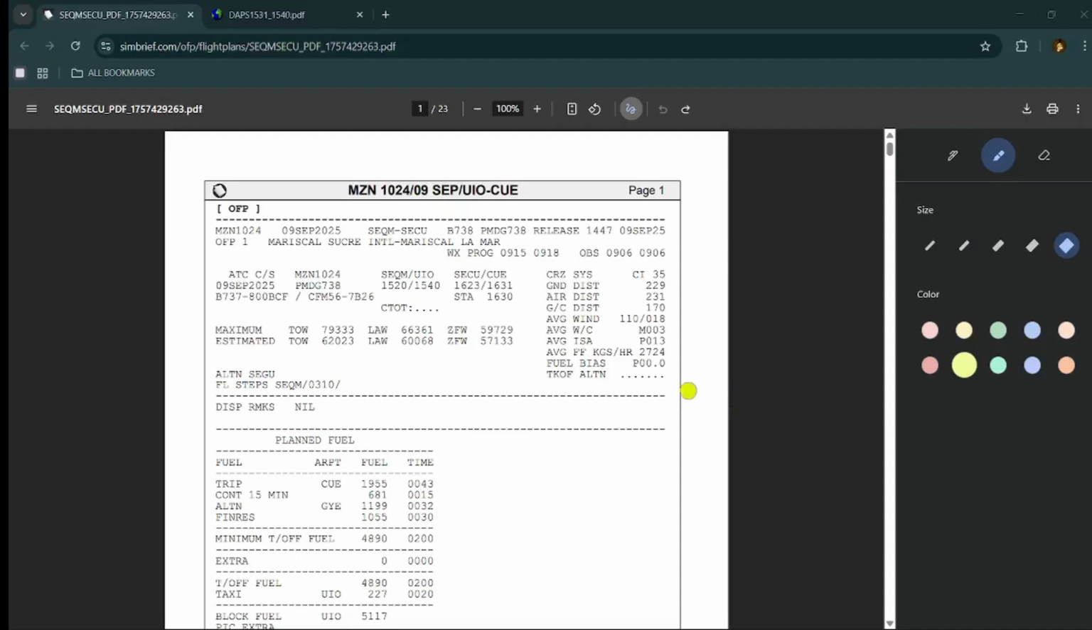Hello, welcome back to my channel, and today we'll be flying from Quito to Marisol Lamar in South Africa. This is our flight plan from SimBrief, and we'll be using the call sign Prime Air 1024. This is not a VATSIM flight though, and then we'll be using the